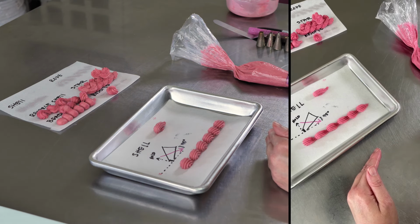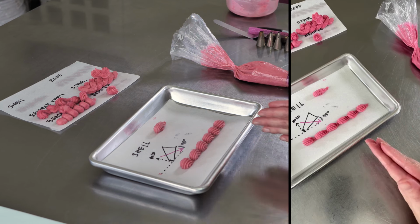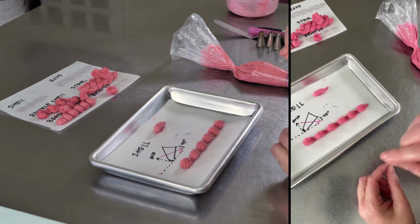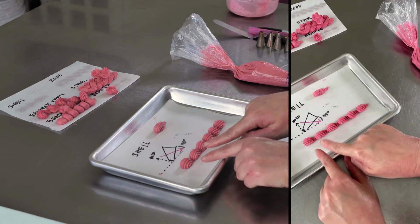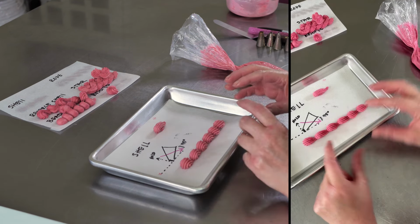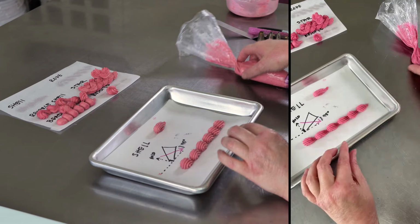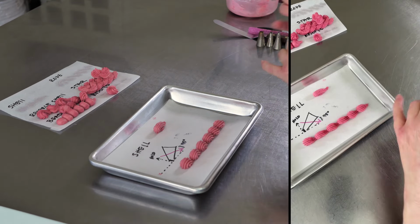So it's 1, 2, 1, 2, right? And that rhythm helps us time our piping, which means we're squeezing out the same amount of frosting and you'll get a much more even effect for your shells, right? So if you find you've mastered actually piping them, but they're coming out variable sizes, some are bigger, some are smaller,